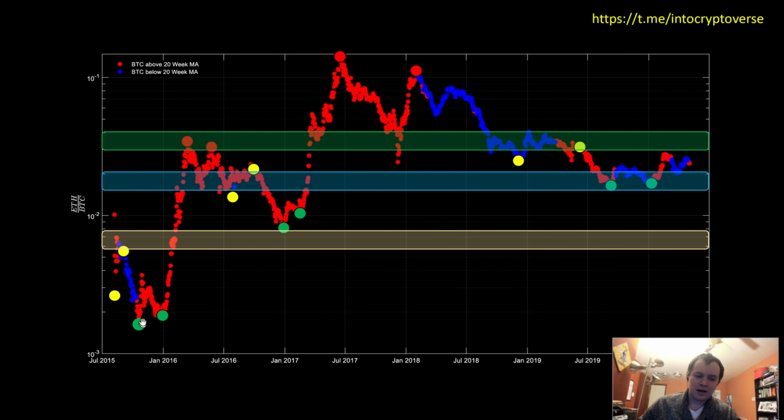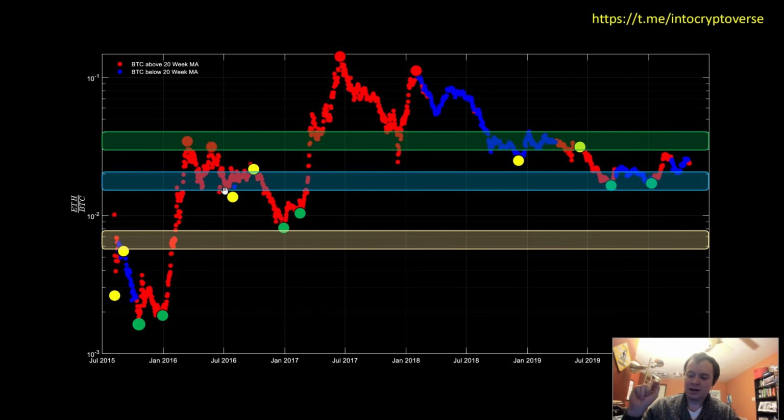You can see that it happened near, let's say, Q3 of 2015, and then this move didn't come until the first quarter of 2016. We did see a move in between, but then it ultimately retraced. But regardless, you can see that when Bitcoin was above the 20-week, overall, the macro level picture, Ethereum performed quite nicely. Now, if you're a day trader and you're trying to time all this stuff, it can be quite a headache trying to figure out all of these moves.